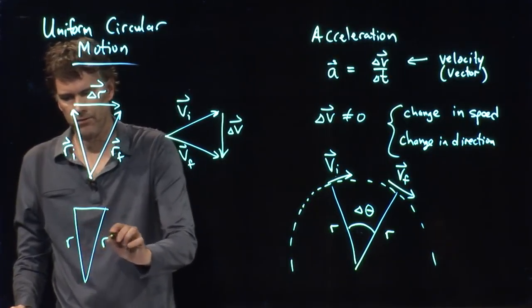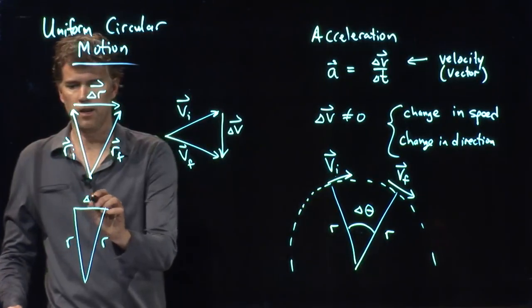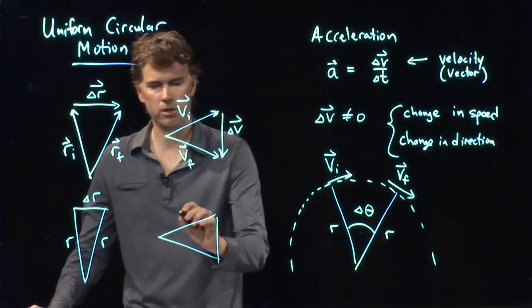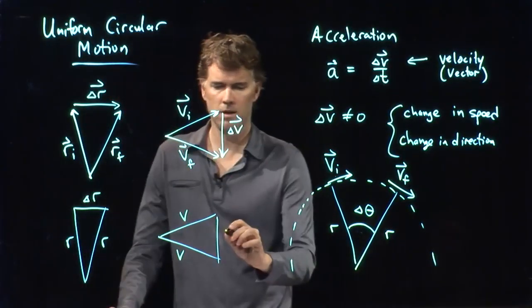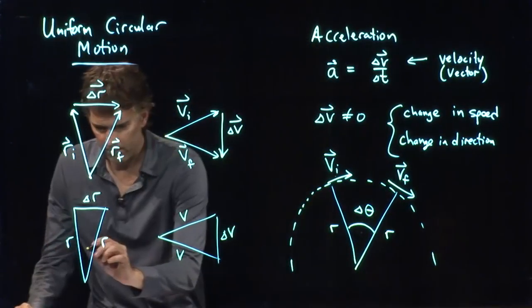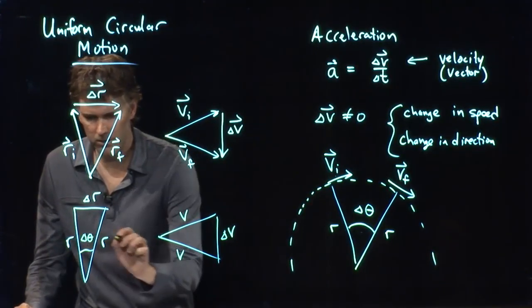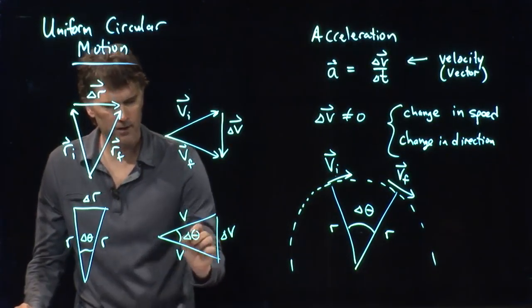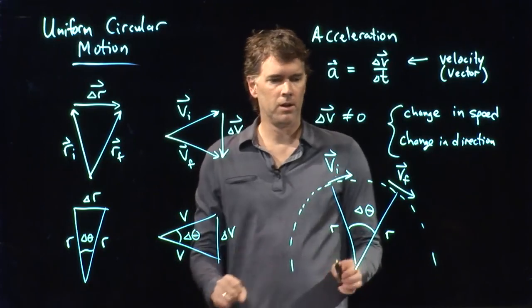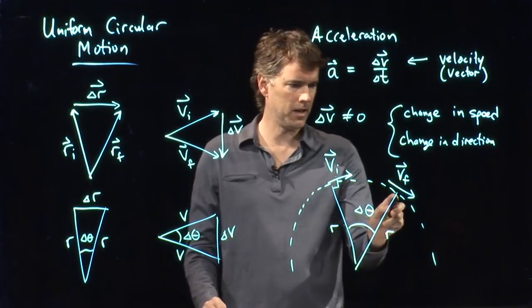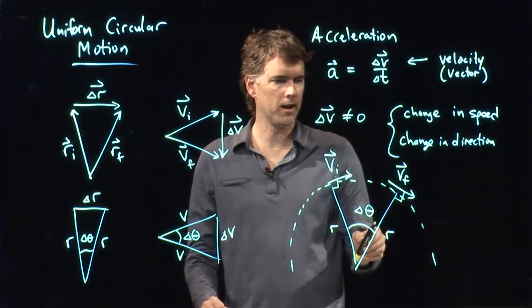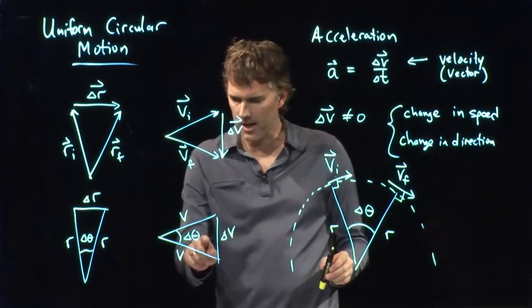All right, but these are just magnitudes now. The radius of the circle doesn't change. That side is just delta r. If we are in uniform motion, the speed doesn't change. That side of the triangle is just delta v. Both of these are making an angle delta theta. This is the way we defined it. How do you see this? Well, this is always a right angle, and that's always a right angle. So if I add 90 degrees to v initial and I add 90 degrees to v final, they both are going to traverse the same delta theta.